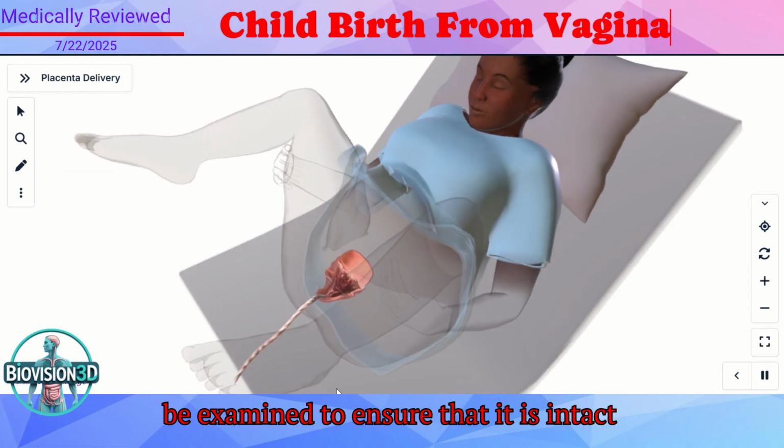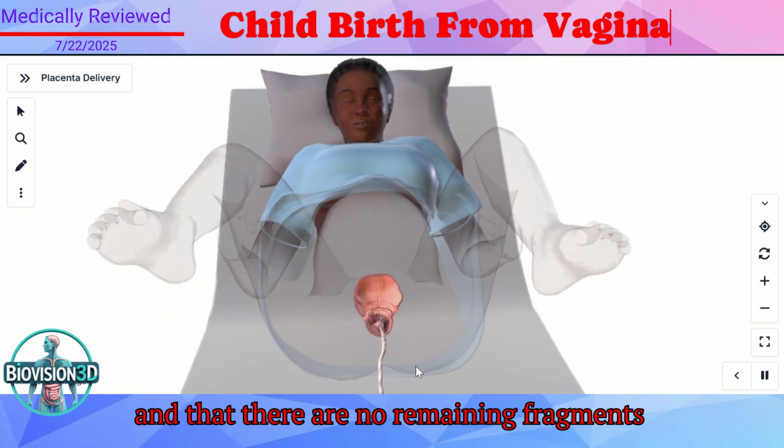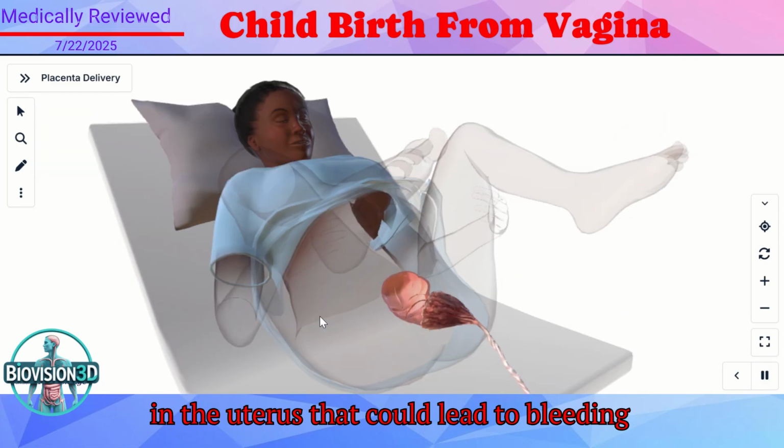Once delivered, the placenta will be examined to ensure that it is intact and that there are no remaining fragments in the uterus that could lead to bleeding or